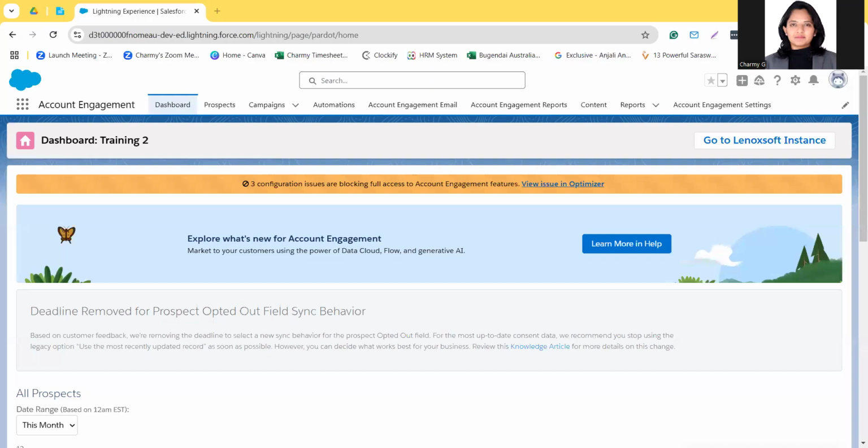Hello everyone. In this chapter, we are going to discuss the dynamic content feature available in Account Engagement. Before we jump into the feature, let's understand how dynamic content helps within the marketing activities that we do. Dynamic content allows us to create reusable blocks of text, images, links, or dates